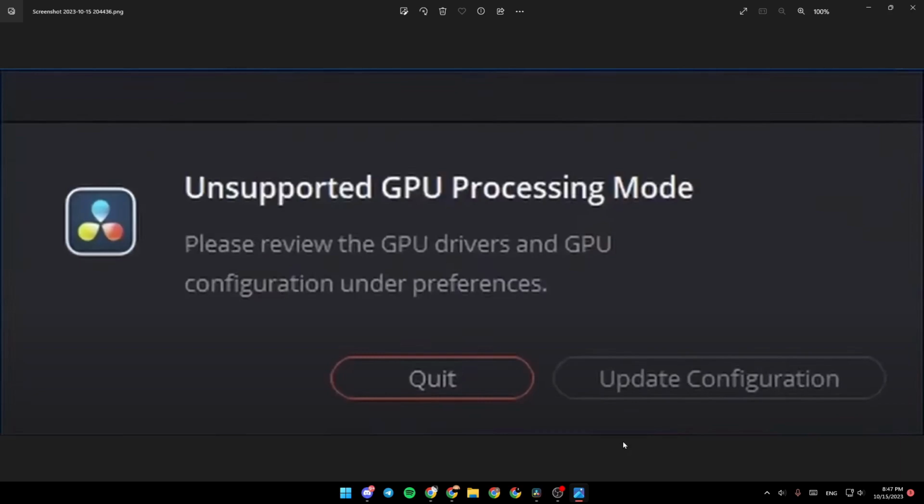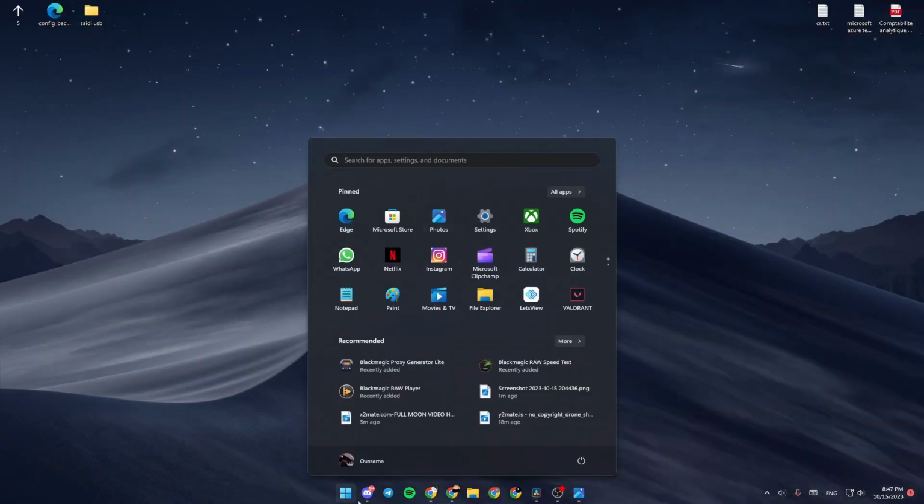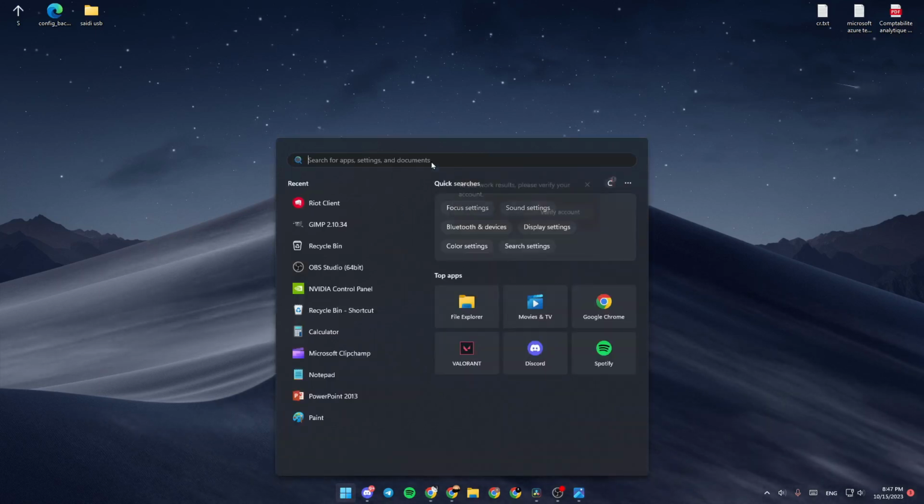In this video, I'm going to show you guys how you can fix unsupported GPU processing mode. As you can see guys here in this error, you're going to find please review the GPU drivers and GPU configuration under preferences. So the first thing that we're going to do is go to the start menu and search